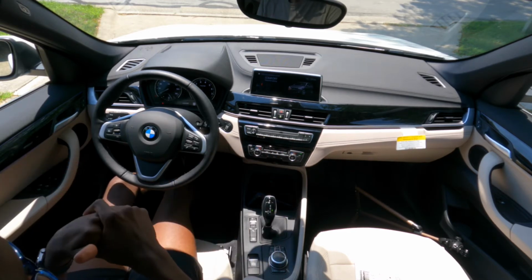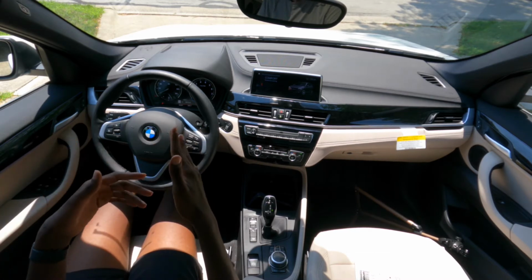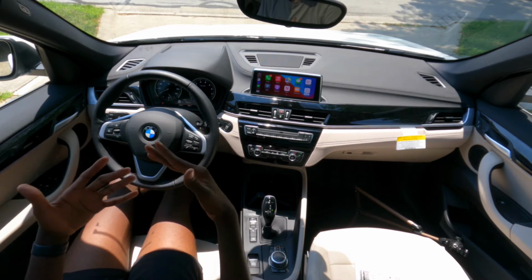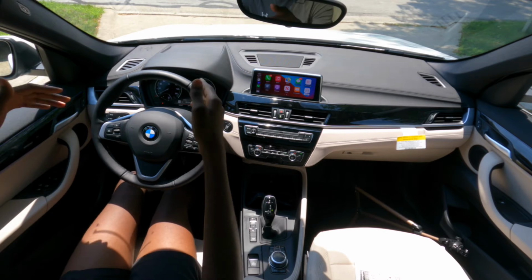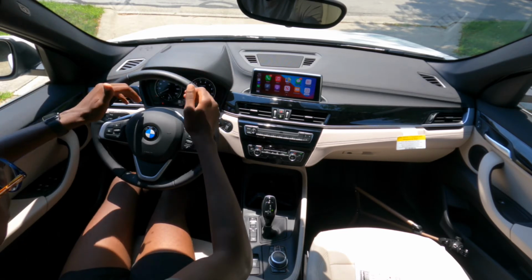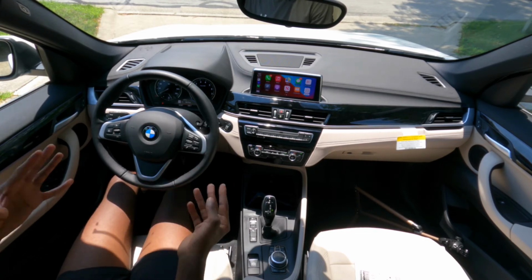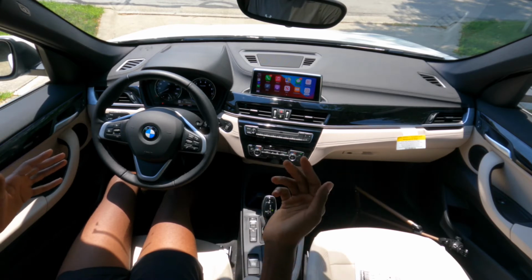We did try out the different sport modes. You can really tell the difference between Comfort and Sport. Sport makes the throttle more sensitive, and it makes the engine more peppy. Coming to your gauge cluster, it does look like it's a digital display, but all it is is gauges behind a piece of glass. BMW, again, this is the base model BMW, the entry-level model,